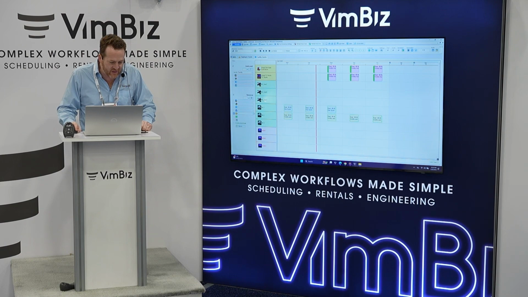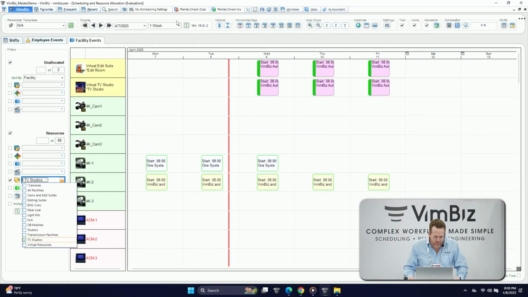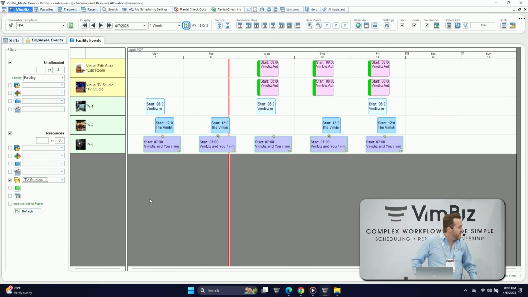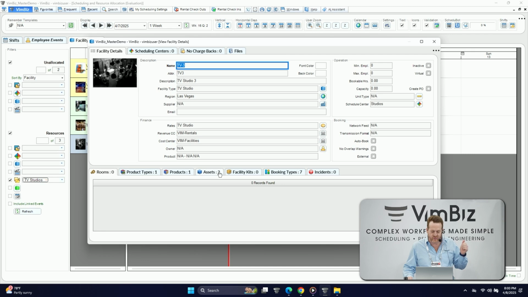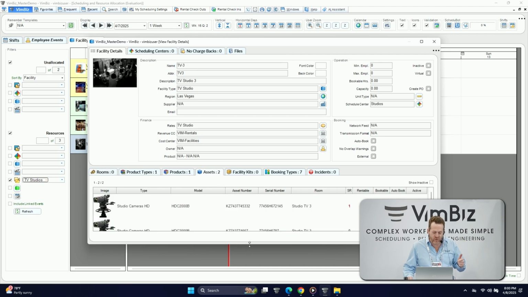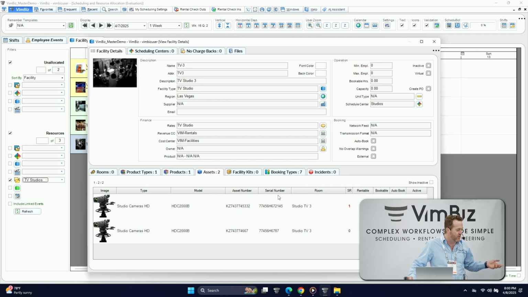He had selected a TV studio. There it is. So Stefan had selected a TV studio to meet the requirements that he submitted through the business requirements. What I want to show you is that every facility in VimBiz, including TV studios, OB mobiles, and whatnot, it's possible to create an inventory in them of bookable assets. This becomes very important when there's business requirements requiring equipment, because VimBiz has the ability to satisfy the equipment requirement, not only with equipment that would be checked out from a warehouse, but also with equipment that would be inventoried